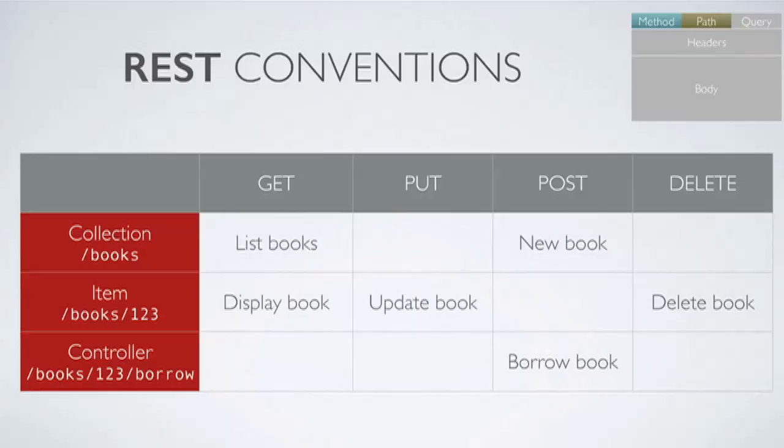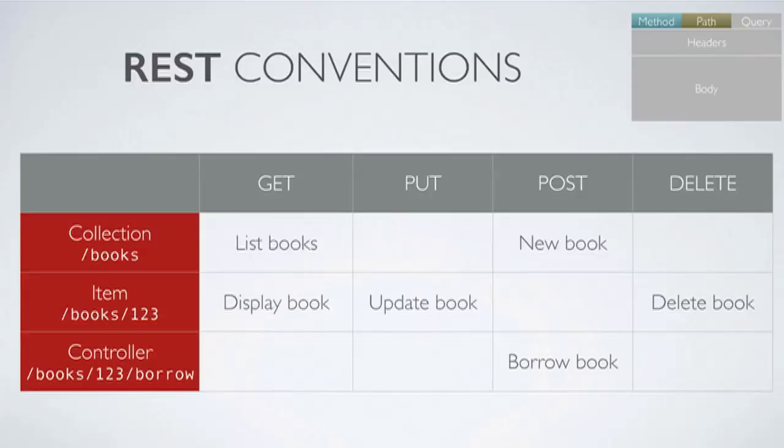And then if you send a GET request to this URL, you can get a list of your books, maybe a page of results. If you do a POST to this collection resource, you can create a new book by sending a JSON formatted object representing a new book. And then if you already have a book on your server, you can access it by a URL containing an ID, and you can do a GET request to display information about it, a PUT request to update information on it, or a DELETE to remove it from your collection.